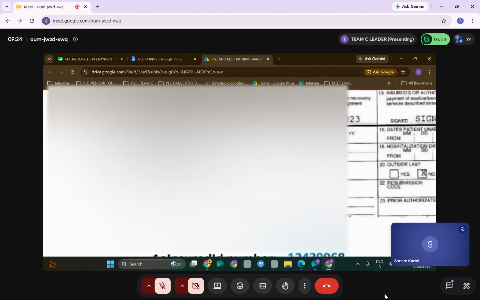Then next is the diag code section, the diagnosis code question we have in all three forms. This is also a very important concept to learn, guys, because many people make mistakes in this particular section. So for diag code you have to keep in mind it always starts with an alphabet only. Like 21 ICD indicator, if they are asking, this zero is the only answer.